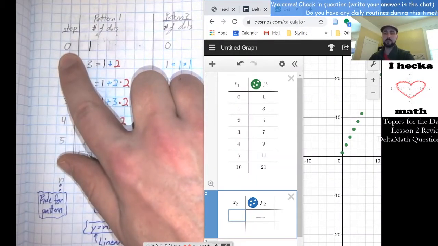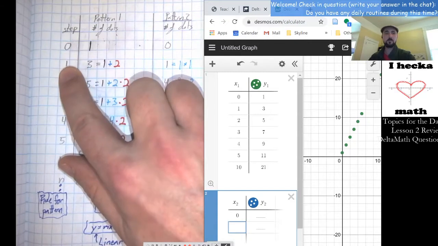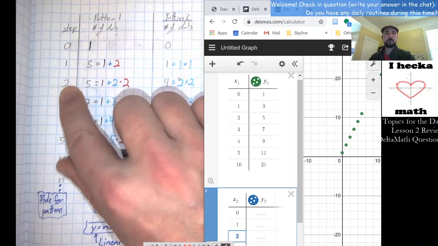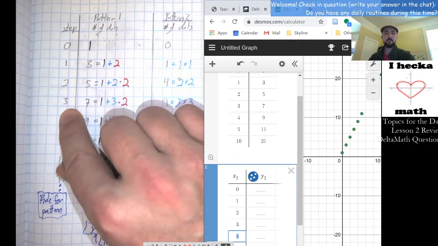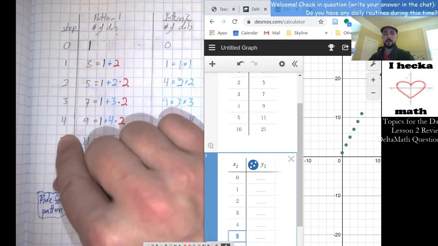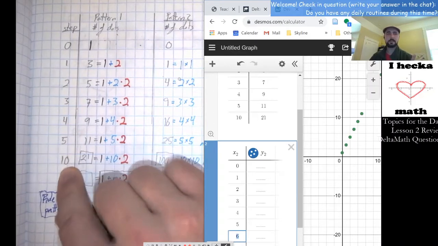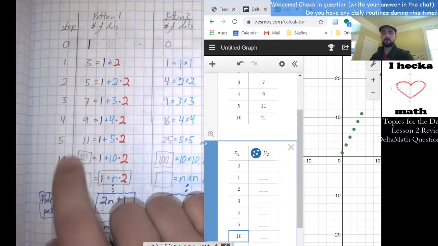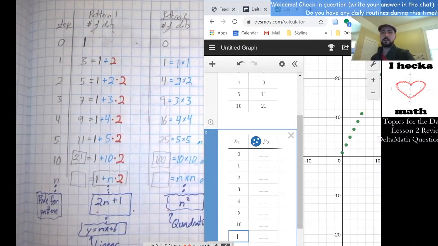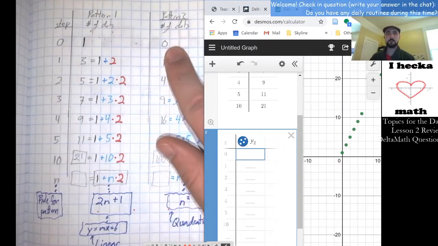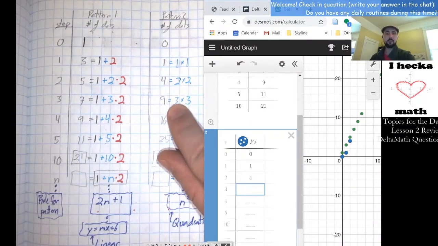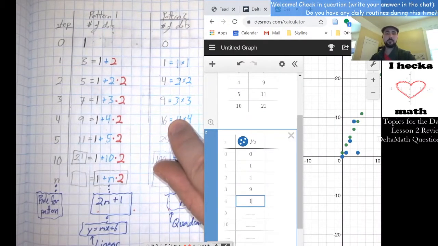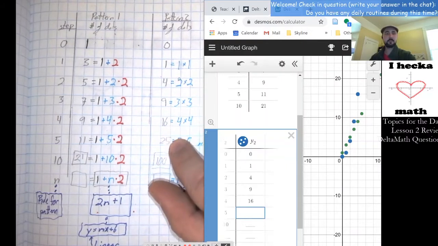So x values are 0, 1, 2, 3, 4, 5. But the next one we're going to do is not 6 because it jumps to 10. And those are the x values. Then we go to the y values, which are 0, 1, 4, 9, 16, 25,